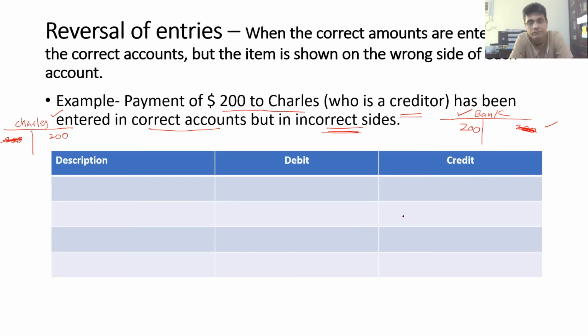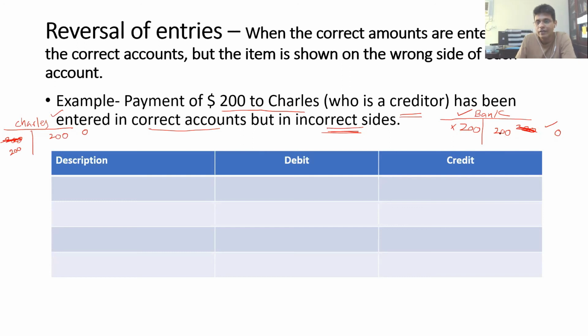Charles debit, bank credit. How much? 200. Okay. So yeah, rectifying what you are doing. This is wrong, no? 200 is wrong, no? Okay. So you are crediting bank account and you are debiting Charles account. Then what will happen to the balance? So this will get set off, no? 200, 200, 0. And 200, 200, you have rectified, 0. Exactly. Okay. So you just can't credit 200, Shenara.